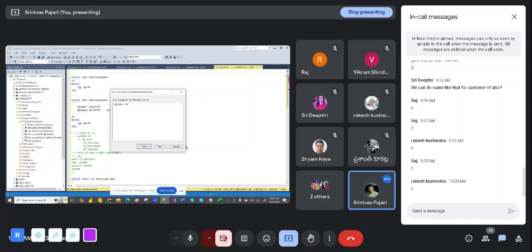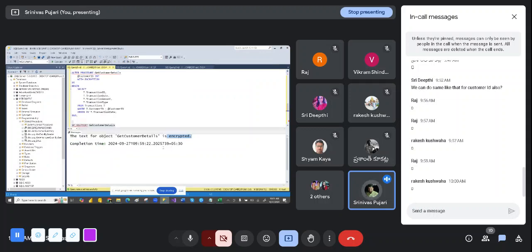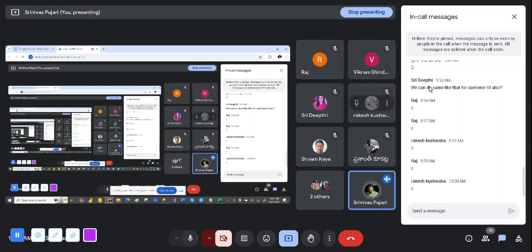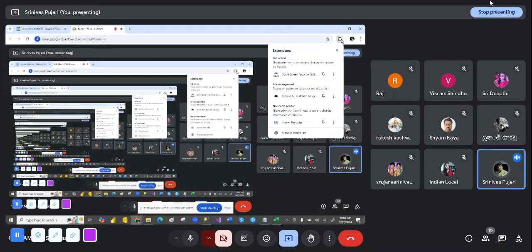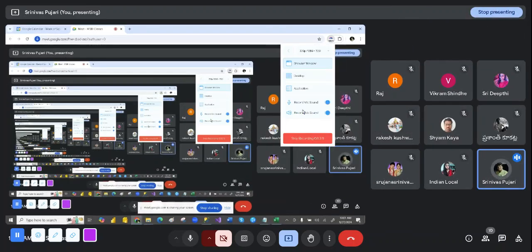Any questions? We are going a little deep into the stored procedure part, so maybe you may have some confusion. If it is clear, I'm happy. But if you have a confusion, right? So just